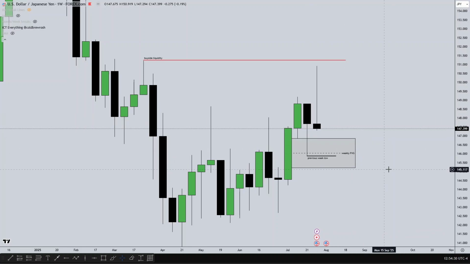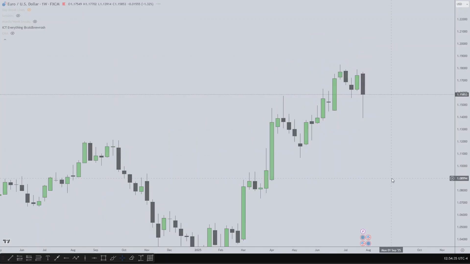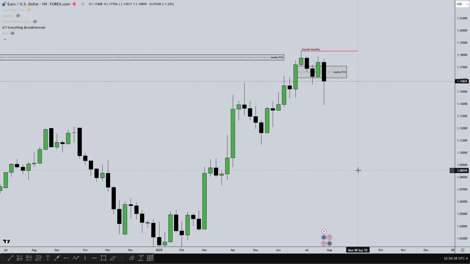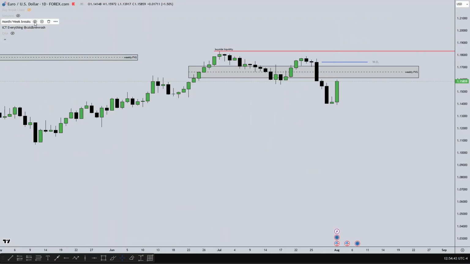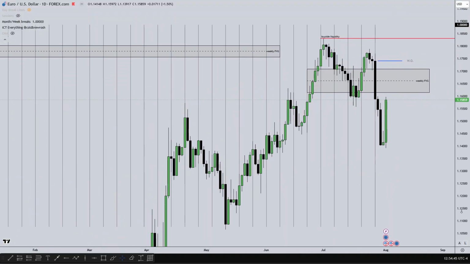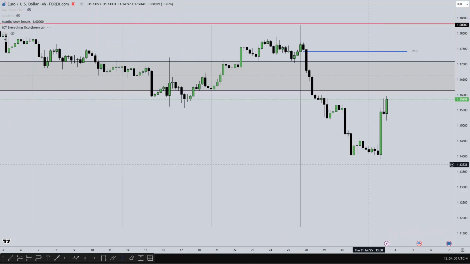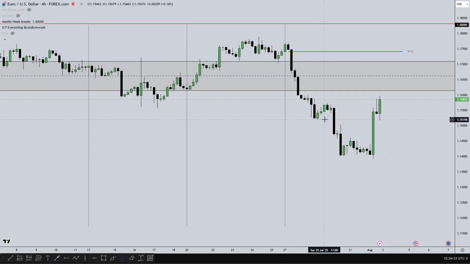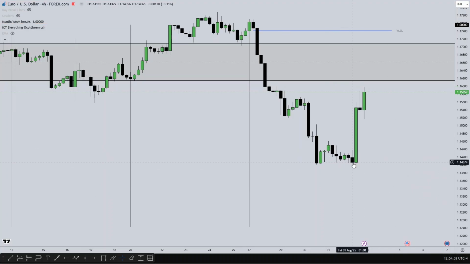So we have covered the major time frames. Going back to EUR/USD, looking at the daily charts from what price did last week, you can see that price opened and traded lower throughout the week from Monday to Thursday. It was on Friday, as they announced the NFP news, that price did this push, trading back to the weekly range.